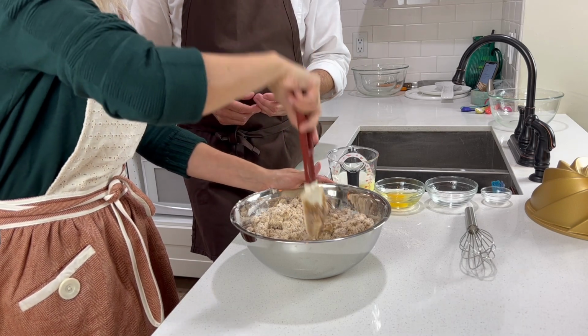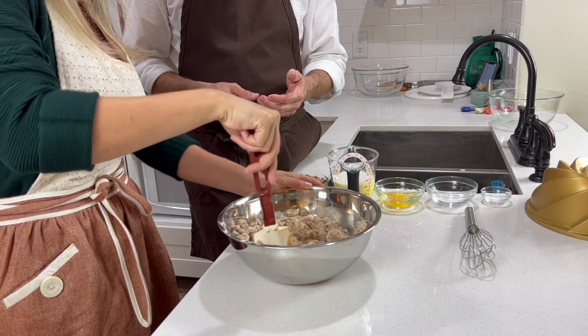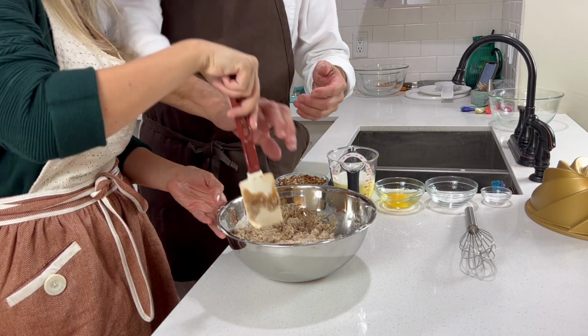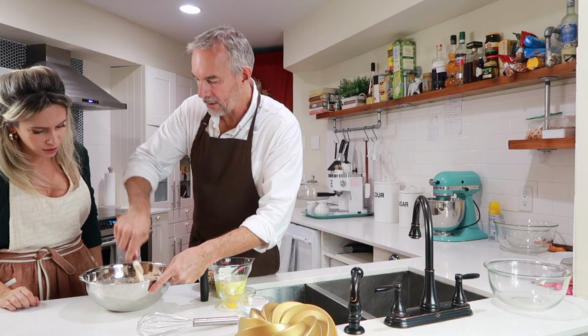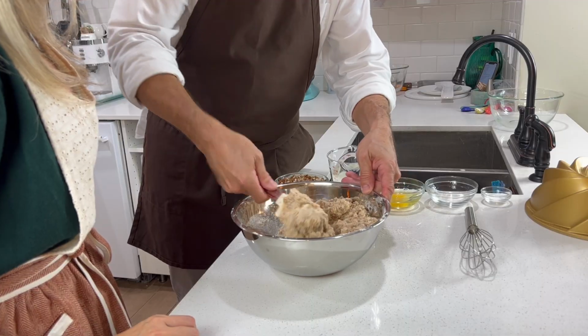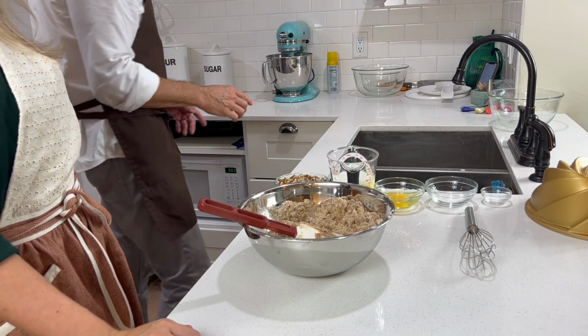When did you find out what coffee cake was? Oh, we're not going to reveal that yet. It's not time yet. Do I have to break the crumbles? No, it's fine, just like this. Think about the crumb topping. It's nice and chunky, right? Okay, so now we want to do